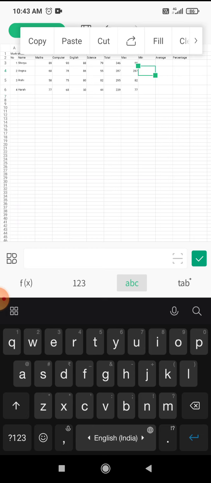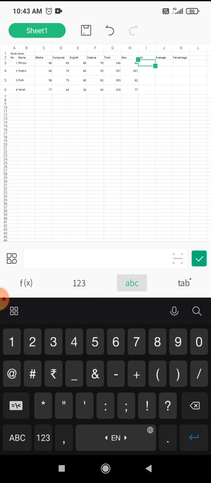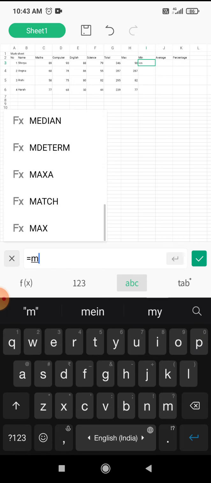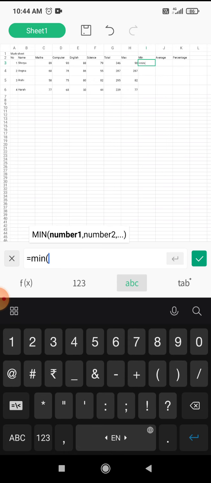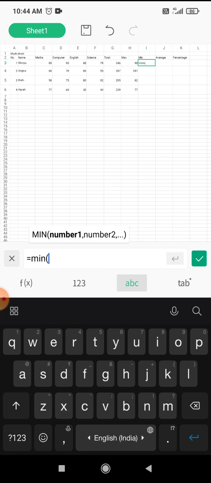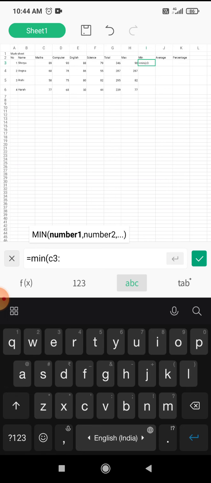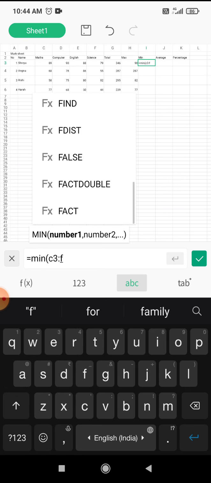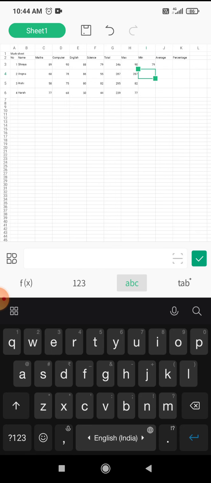For the min, you have to do the same formula. Instead of max, you have to write down min equals to min, round bracket, C3 to F3. It will display the minimum value of your data or your marks.